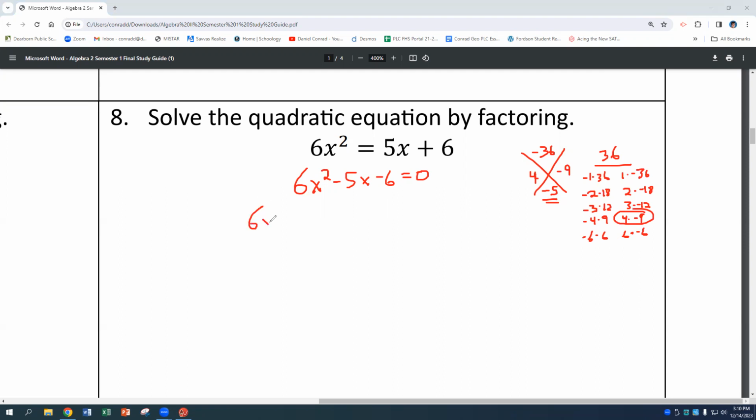So I'm going to do 6x squared plus 4x minus 9x minus 6 equals 0. So 6 is going to be 3 times 2 times x plus 2 times 2 times x